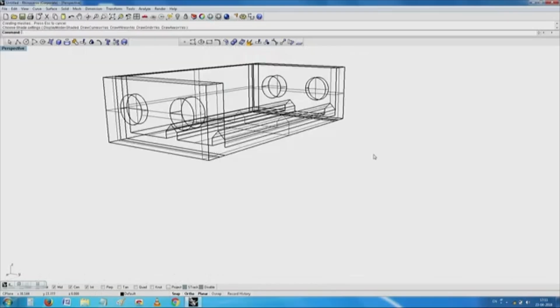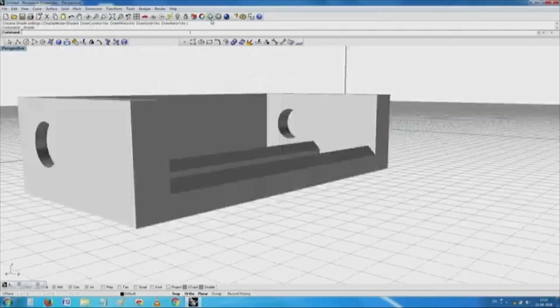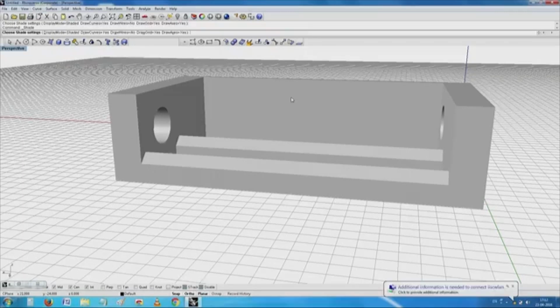See, this incidentally is the cross section of the object. If I want to now create a cap for it, it is very easy for me. All I need to do is